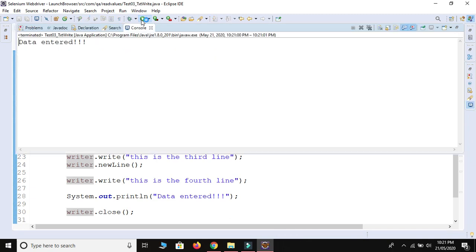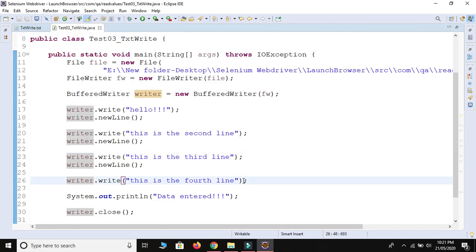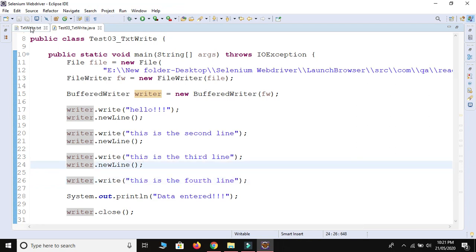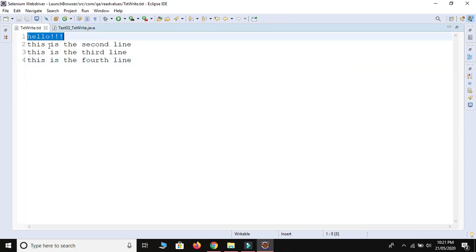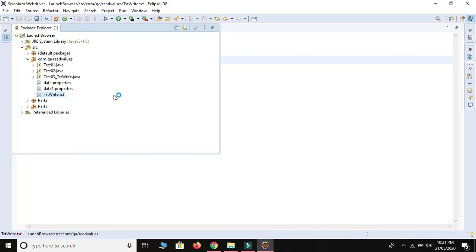After this we are going to learn how to, okay, we are able to enter data. Okay, after this we are going to learn about how to read data from the txt file. So let me open this file. So this is the hello, this is the second line, third line, and fourth line. Okay, now I will create one more class to read data from this txt file.